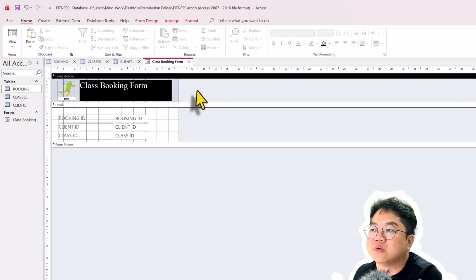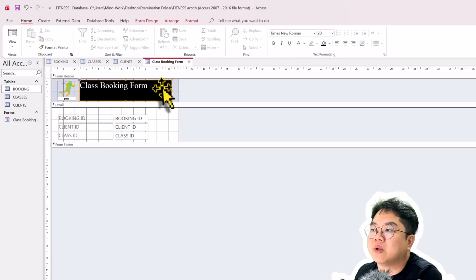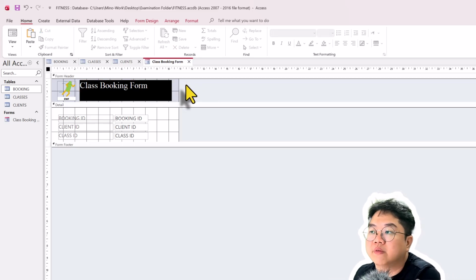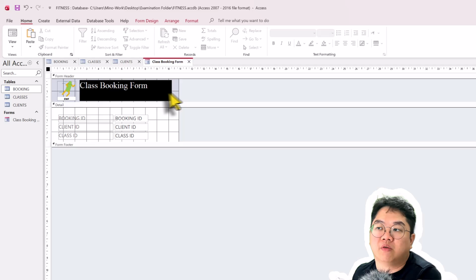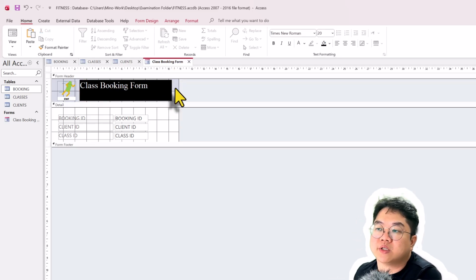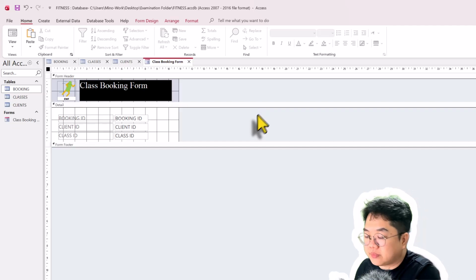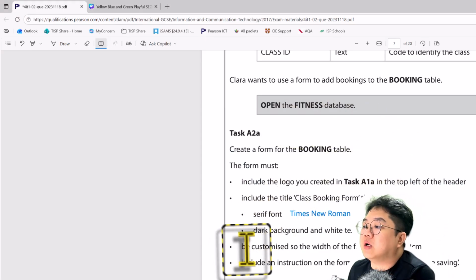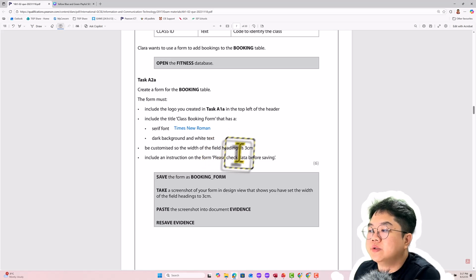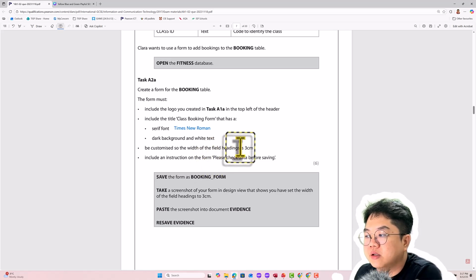But sometimes some students panic or change the entire background without selecting the box, and then they just make the whole header with the dark background. They are not wrong, but I would like to just do that because there's a text box here anyway. Okay, now we are done with these points, and then we can now move on to the field headings,